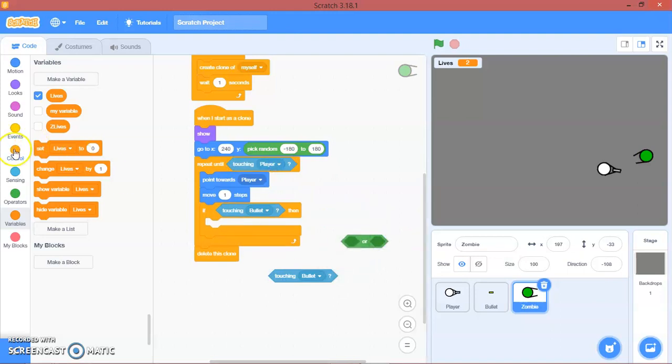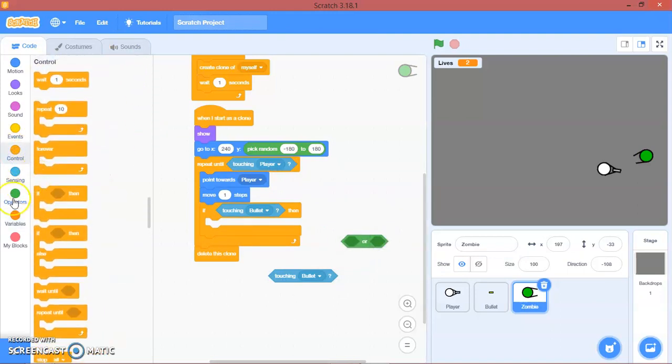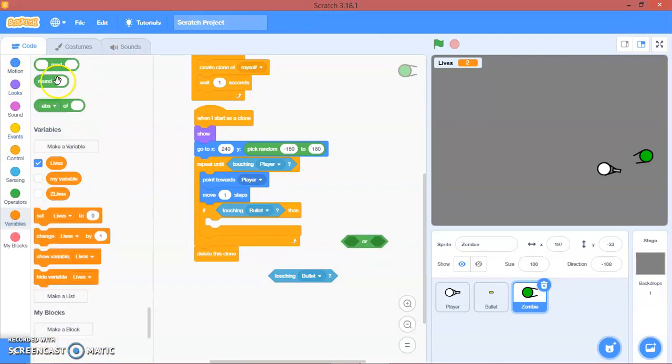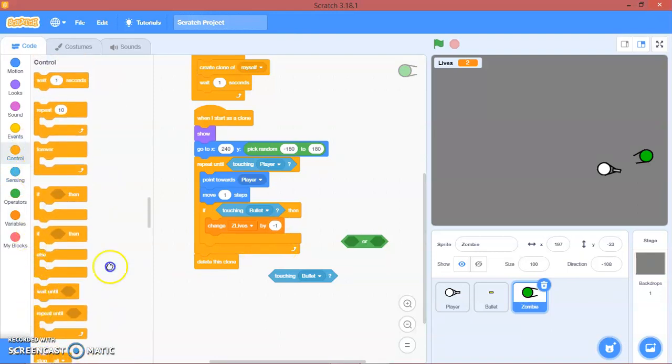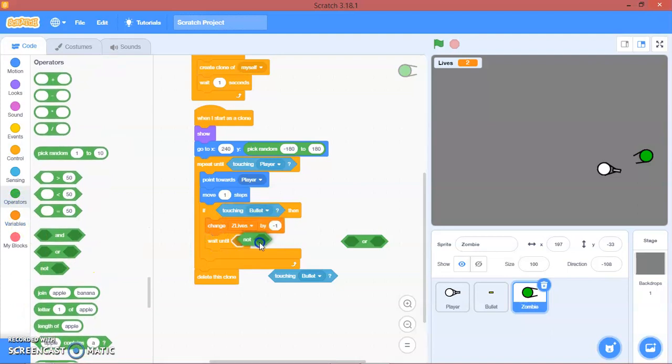If touching bullet, we will change Z lives by -1, and then we will wait until not touching bullet,